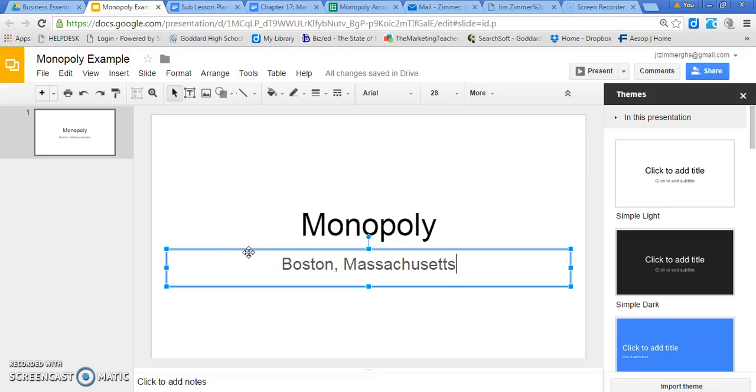Hello, Business Essentials. Today we're going to talk about how to make your Monopoly game. Up to this point, you have learned a little bit about finances and accounting with the assistance of Monopoly. And today you're going to start building your own Monopoly exercise so you can play the game and record transactions